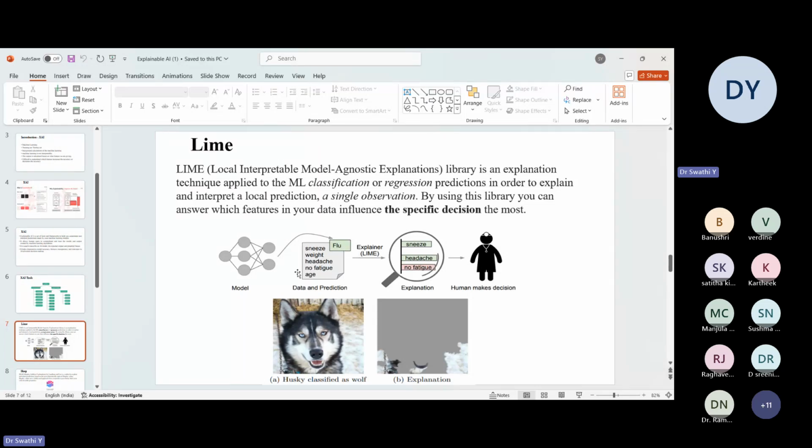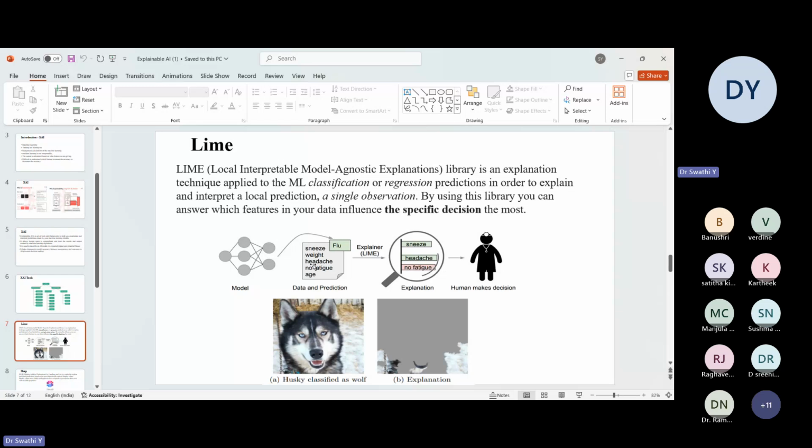After the predictions are done, if I apply LIME, what this LIME tool will do is, among all these features, categorize which are most important for flu. Among sneeze, weight, headache, fatigue, and age, it will categorize that sneeze and headache are the main features needed for the most occurrences of flu. So it will highlight that these are the two important features.